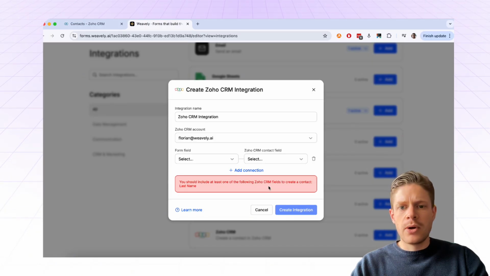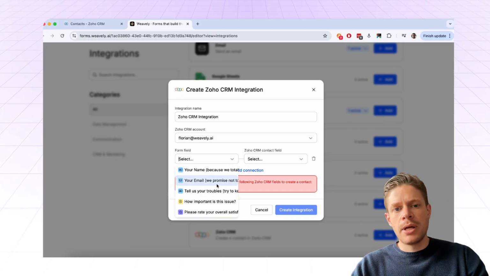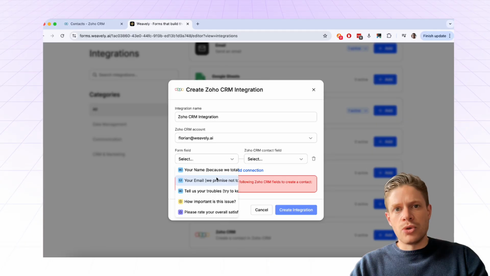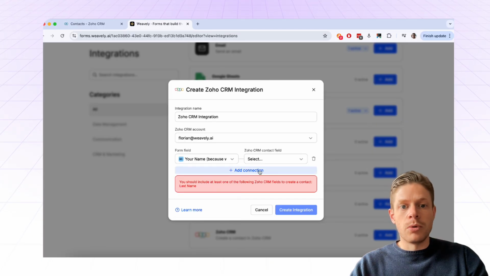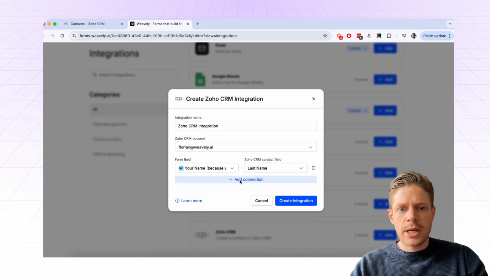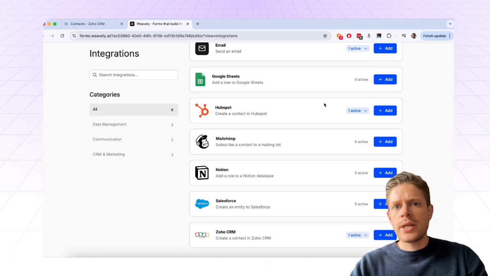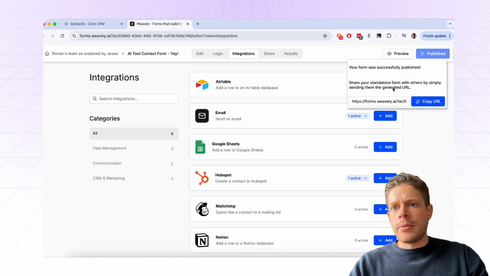So you'll notice here that you at least need a last name to be able to create a contact in Zoho. So that's the minimum field that you need to add. But you can basically map elements of your form, so form fields, into your Zoho CRM to create a contact. So we'll use name for our last name. We'll also add email and map it onto the email column. So that's pretty straightforward, right? So you can map your form to your CRM columns, create that integration, go ahead and publish our form, and